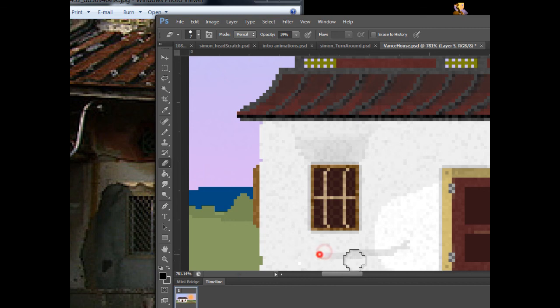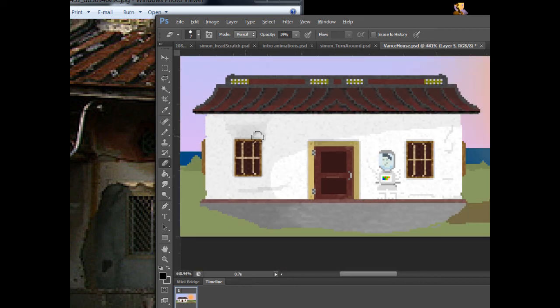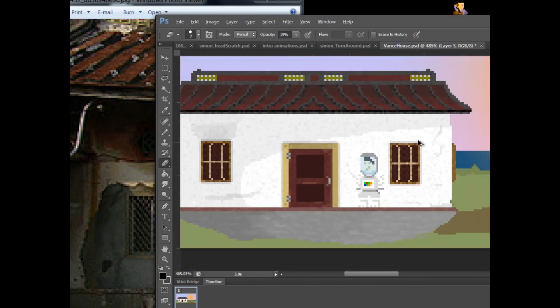Yeah, it looks good. I don't consider this to be anti-aliasing. I don't think it presents a problem because it doesn't look perfect. It just looks like someone's intentionally drawn a scar on the house. So for me that's okay. I don't actually care if